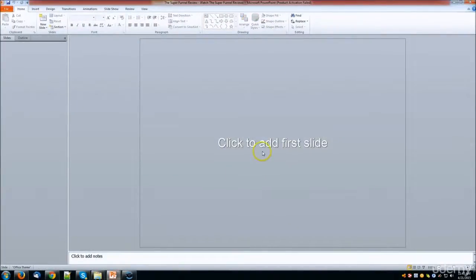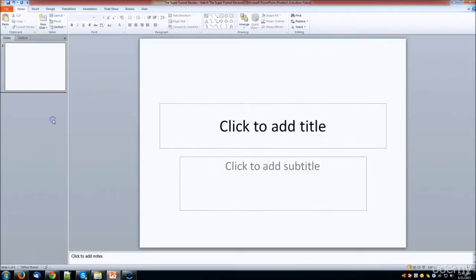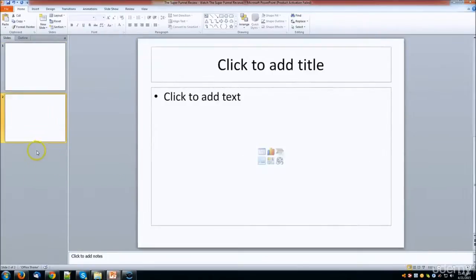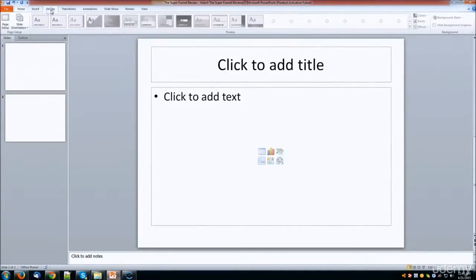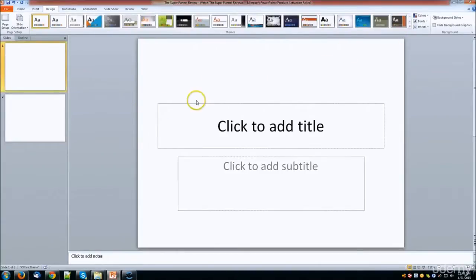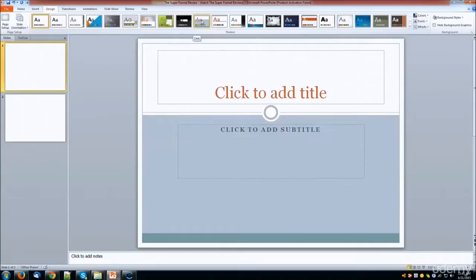Firstly, you have to click to add the first slide and then a new slide. Right click, new slide, right click, new slide. It's the way you add new slides. Firstly, we go over design and basically we want to introduce a design to our PowerPoint. Now I'm having PowerPoint 2010 if I'm not wrong, so my Microsoft Office package is 2010.